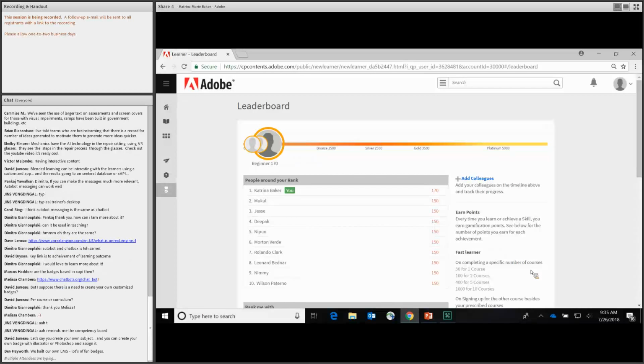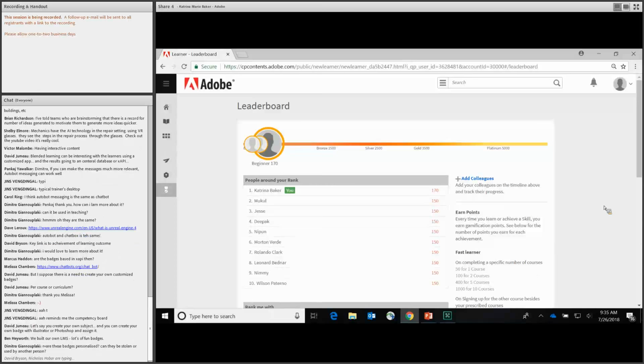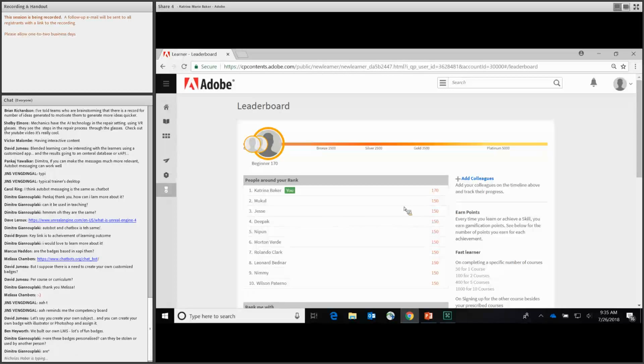All right, so this is a quick overview of what a leaderboard can look like. Okay, David just came back. Let's say you create your own subject and you can create your own badge with Illustrator or Photoshop and assign it. Absolutely, you can do that. And Ben says, lots of fun badges. We built our own LMS. That's awesome. All right. So just to look at the leaderboard real quick,